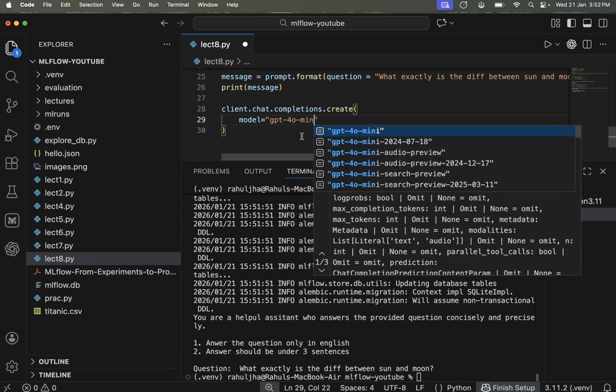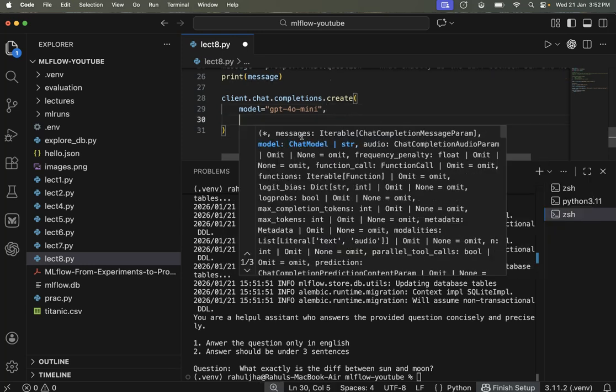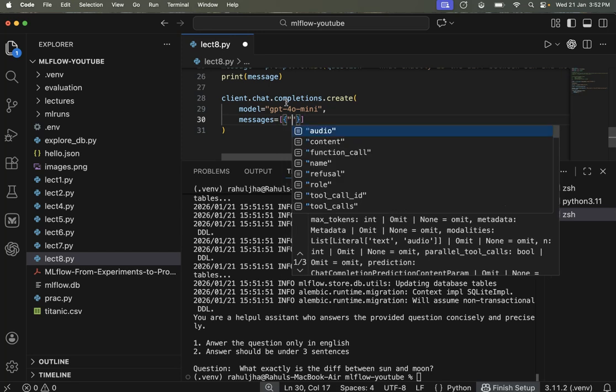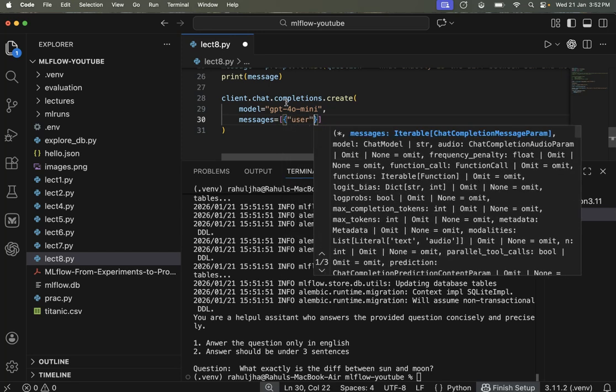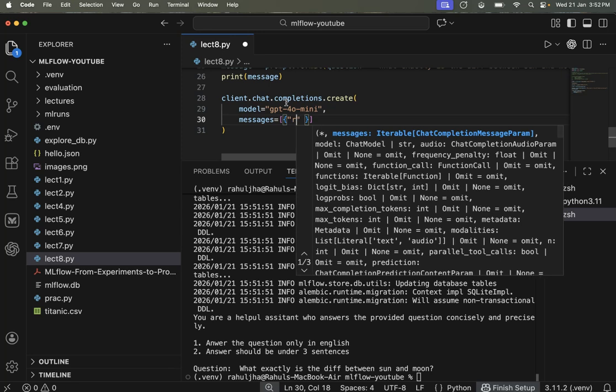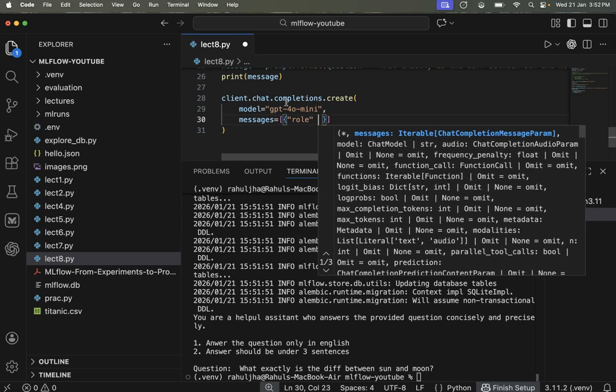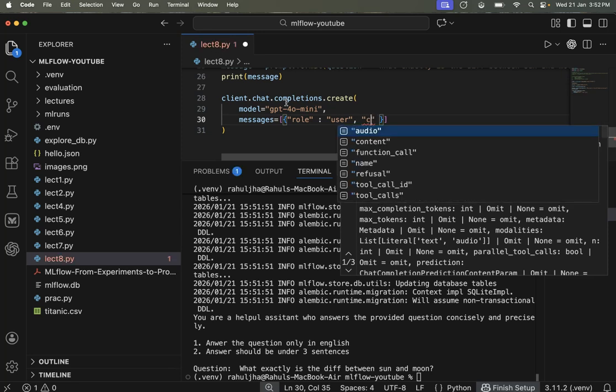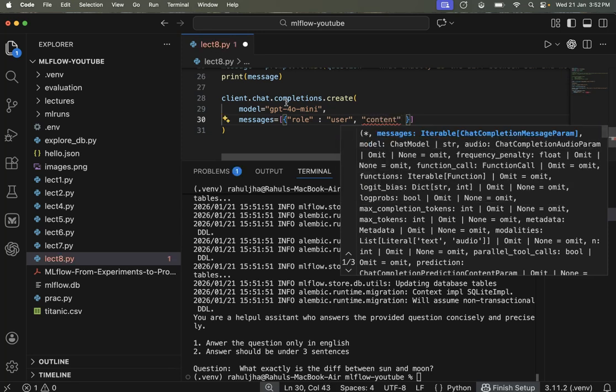So I will be using a mini model, and then I will use messages, and inside messages I'll create a list where role would be user, and content would be my message that I created from the prompt.